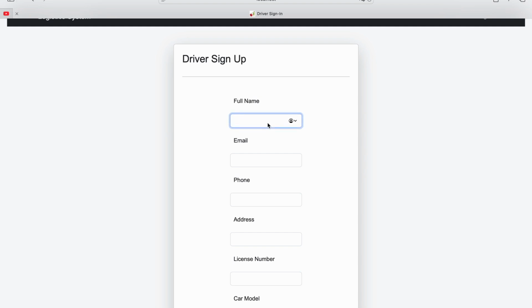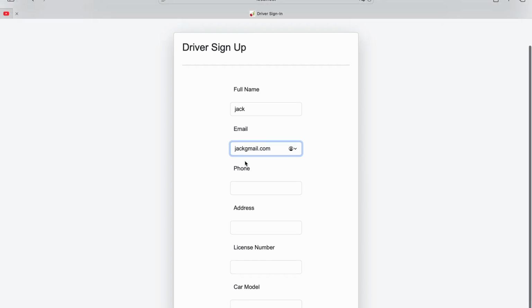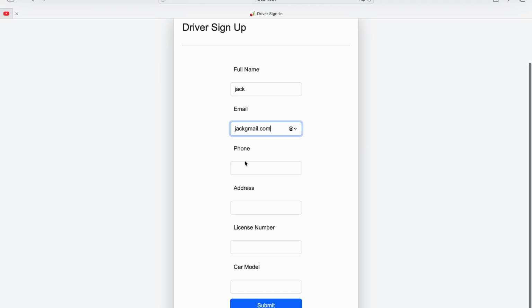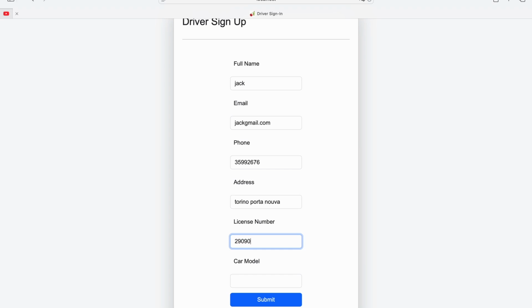Let me now fill it up. For example, Jake, and this is the email. I want to show you that this is a valid email address, and you should insert it with @. But now I leave it like this to show you what happens if I don't use @. And this is phone 35, and the address, for example, Torino, license number, and this one like